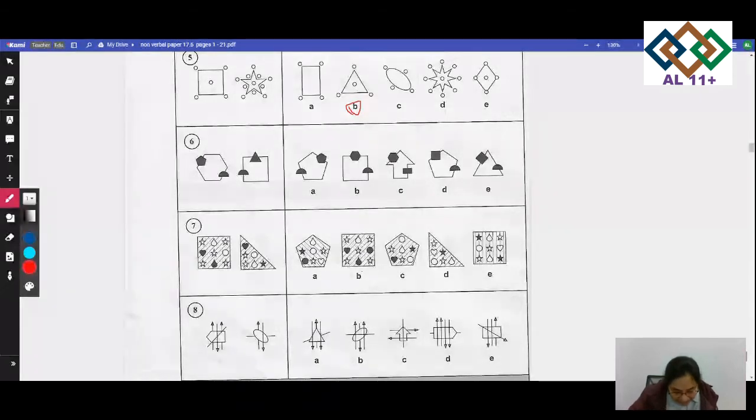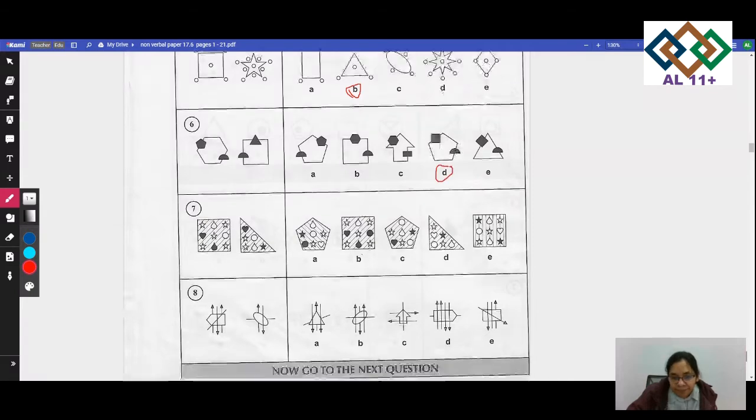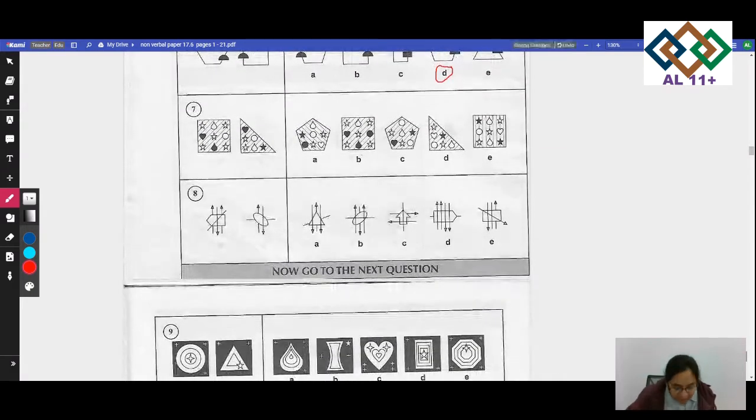So, definitely the answer for number 6 would be D. Let's go on to number 7. In number 7, all the figures must have a last shape hatched horizontally down to the left. So they should always be hatched horizontally down to the left. And the answer for this one will definitely be C. Another thing I could see is that the shapes have a pattern going on in them.